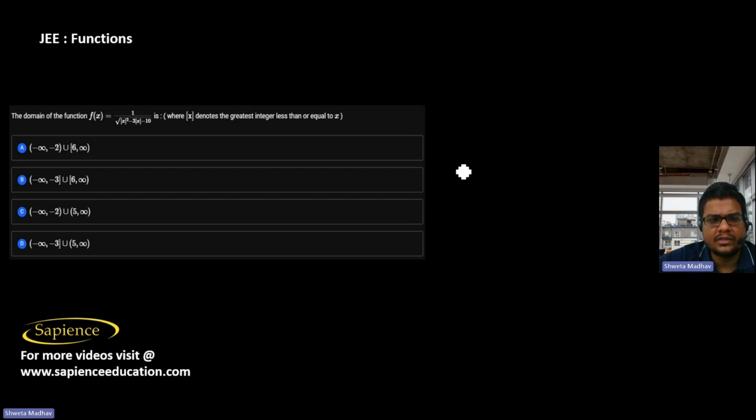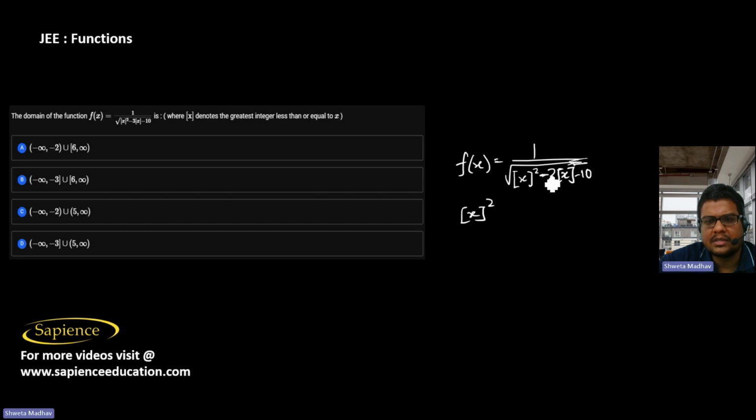So here we are told to find the domain of this function f of x, which is 1 by square root of [x]² minus 3[x] minus 10, where [x] is called the greatest integer function. It is the greatest integer less than or equal to x. So now, therefore, it is